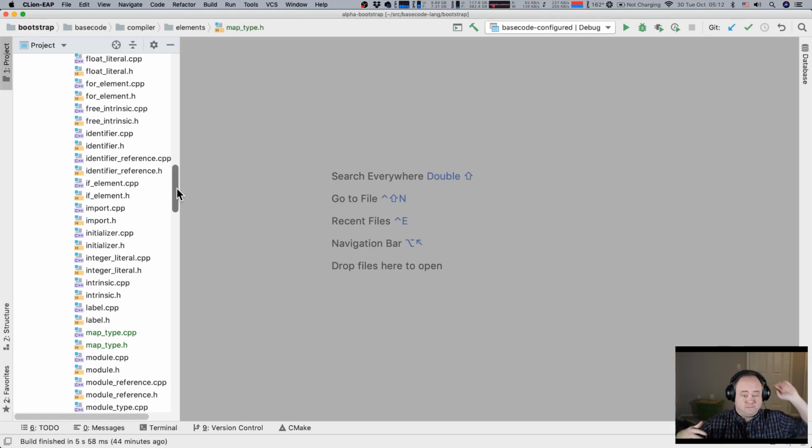Because again, some of the things I'm building into the bootstrap compiler in C++, that's not going to be the case when I self-host it. A lot of this stuff is going to be written in Basecode itself, and a lot of it's going to be meta programs that generate parts of it, right?